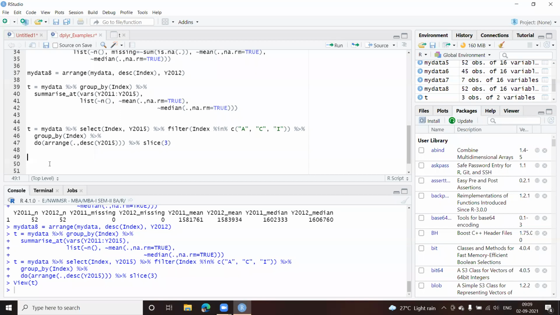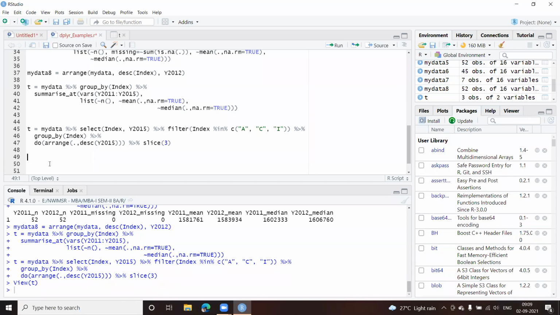Okay, so before we move ahead, let us do one thing. Let us say we have to compute a mean of the variables here for the year 2014, okay, and 2015 by index variable, and then sort the results. You can say whatever values we are getting.